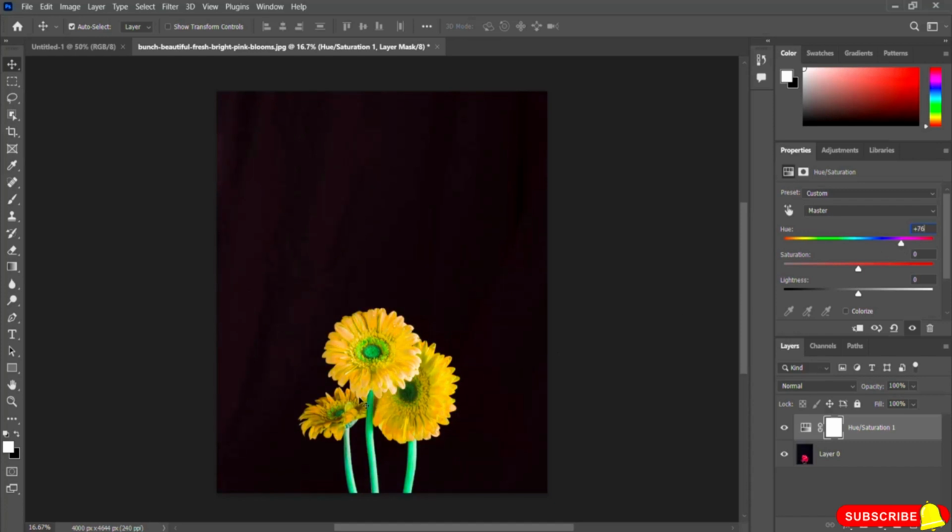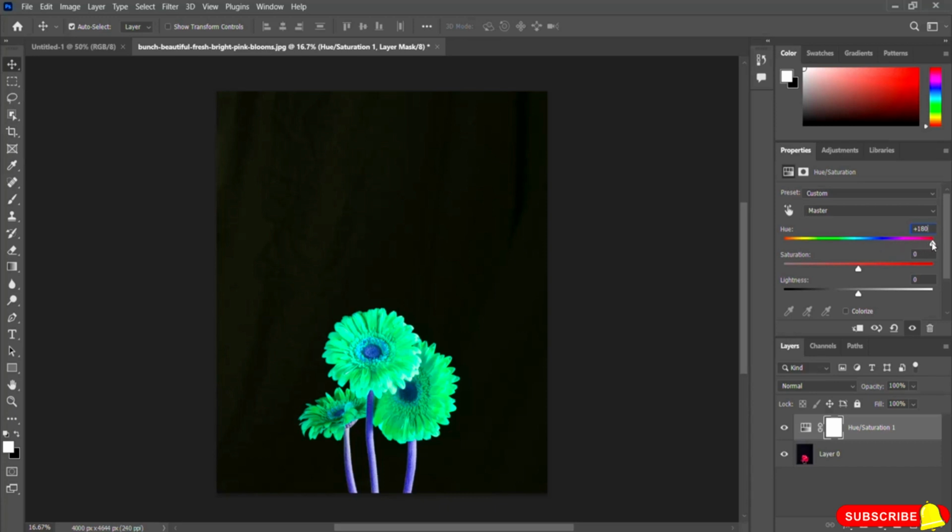Okay, now what we got? We got the yellow color. Now let me move for 100. We got almost some kind of green color. This is also green, and it's called a cyan color. So we got different types of colors for our plus value, or you can consider +180, because we moved the